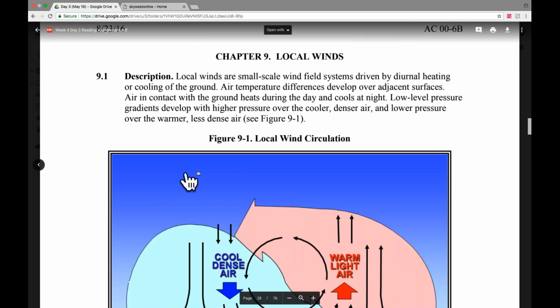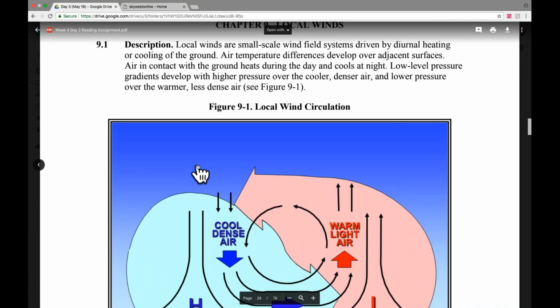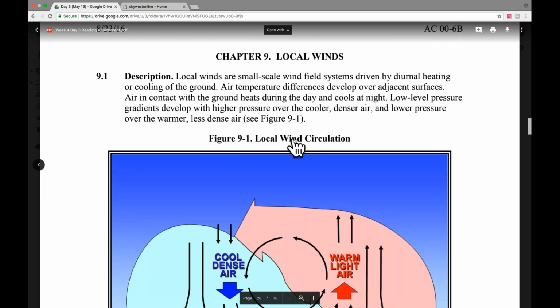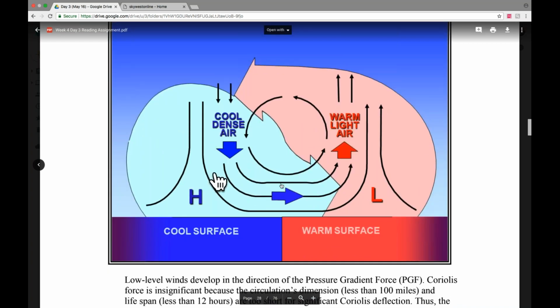So local winds. Local winds are small-scale wind systems driven by diurnal heating or cooling of the ground. Air temperature differences develop over adjacent surfaces. Air in contact with the ground heats during the day and cools during the night. Low-level pressure gradients develop with high pressures over the cooler, denser air, and lower pressures over the warmer, less dense air. So this is basically how